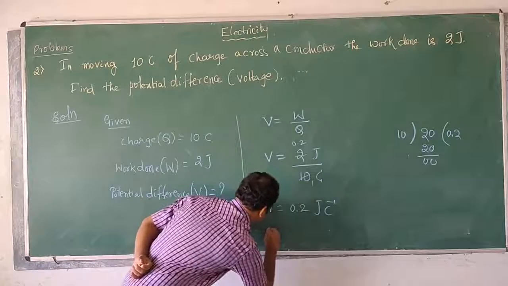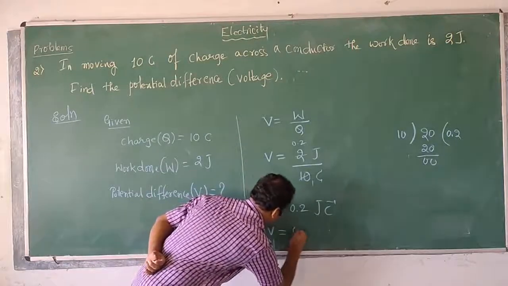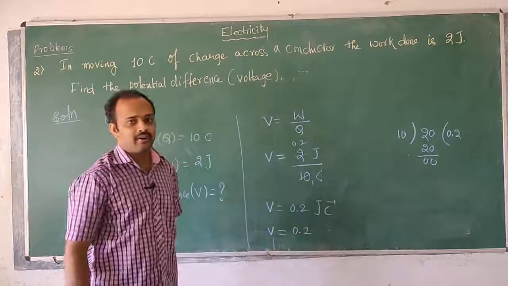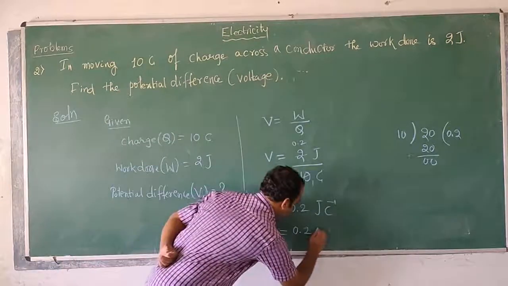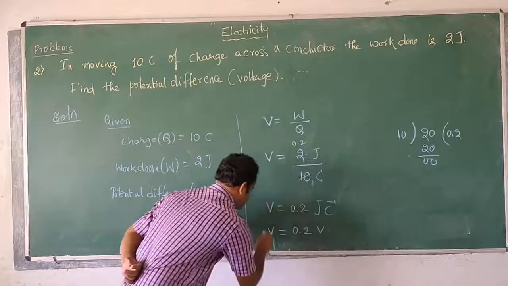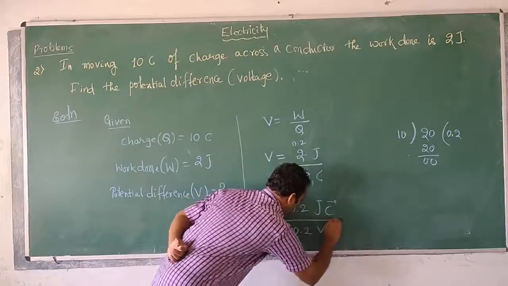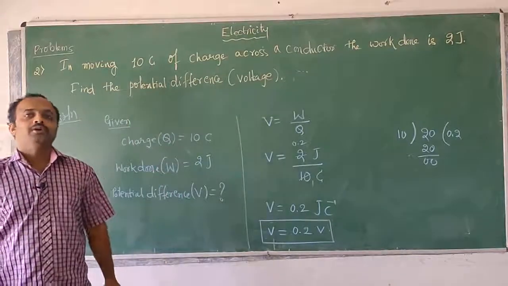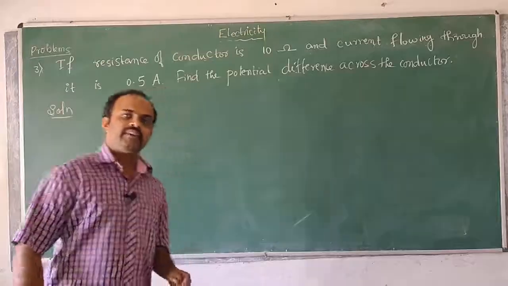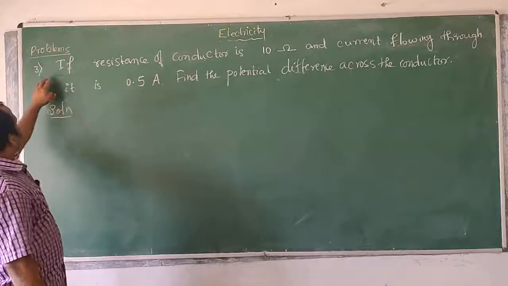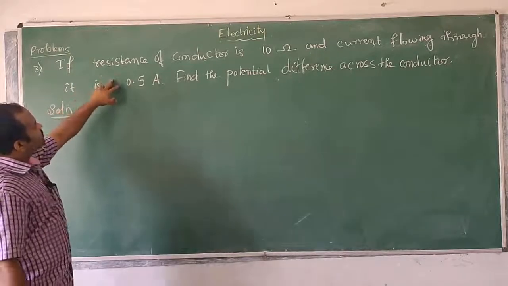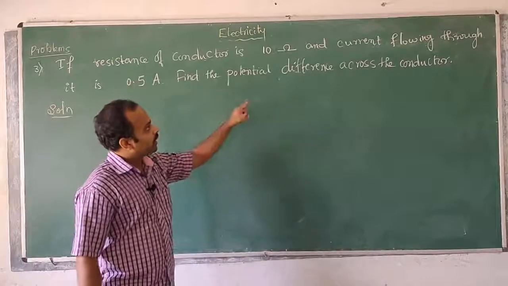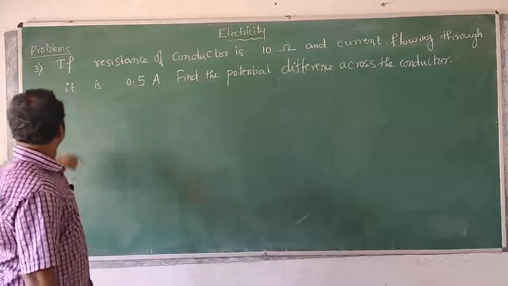We can write V is equal to 0.2. The standard SI unit is volt. The potential difference is 0.2 volt. Students, the next problem is: if the resistance of a conductor is 10 ohm and the current flowing through it